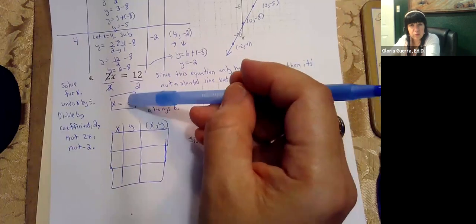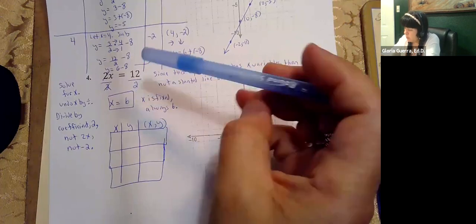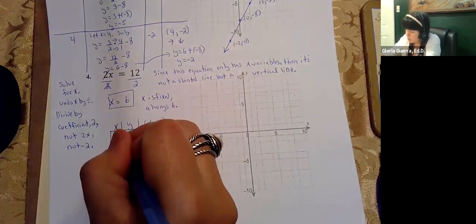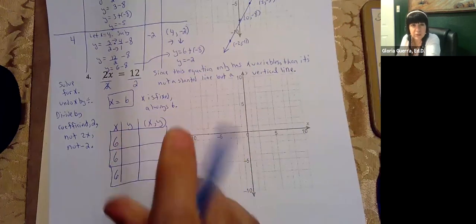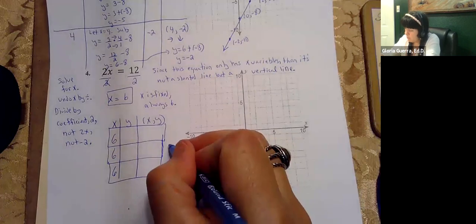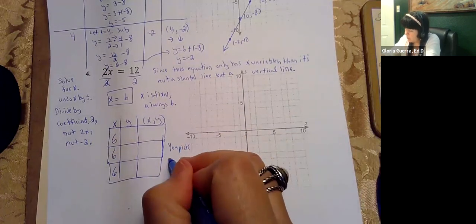This minimal algebra, if any, is this, and x is 6. So you're going to go to the column that has x's, and you're going to put in your 6 in there, and then you pick any y values